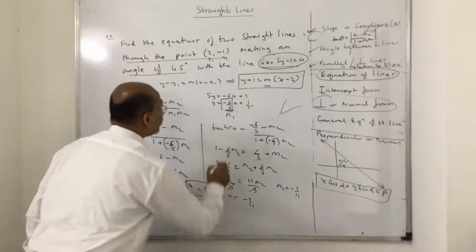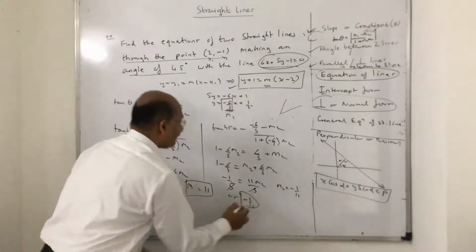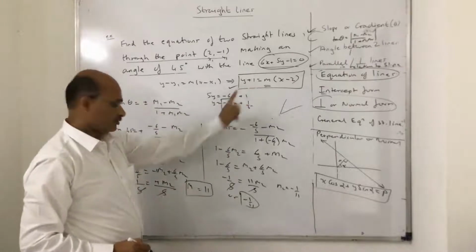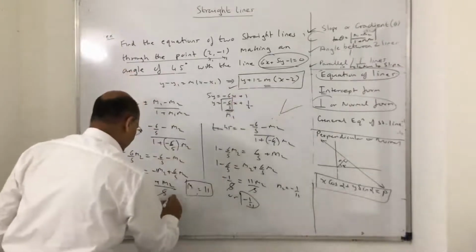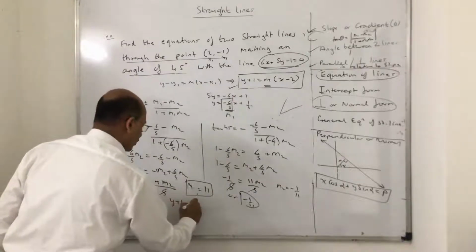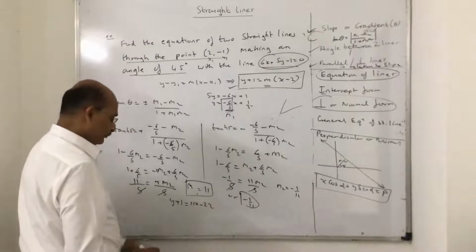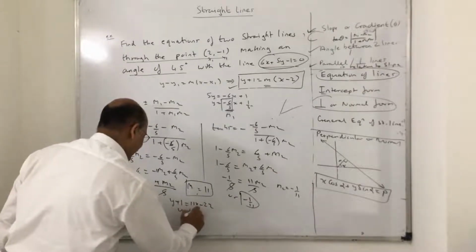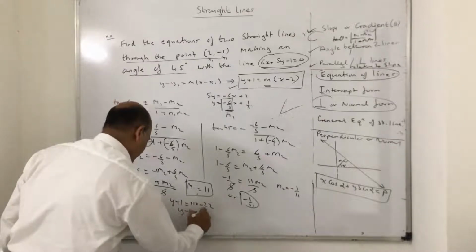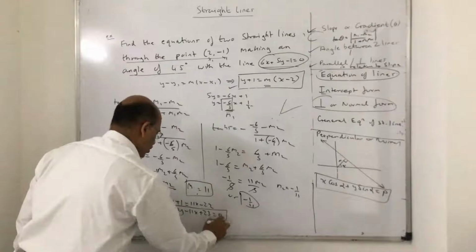Take this m is equal to 11, put in this, you will get 1 line. Take the other and put in this, again you will get the angle line. So let us see what happens if I put m is equal to 11. So this will become y plus 1 is equal to 11 times x minus 2. So I think you can do this now. So this is y minus 11x plus 23 equal to 0. The first line, you got it.